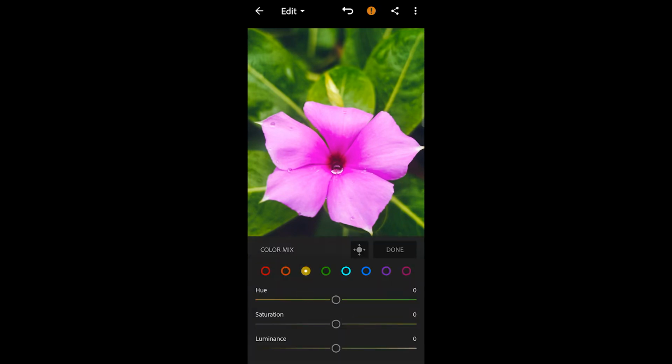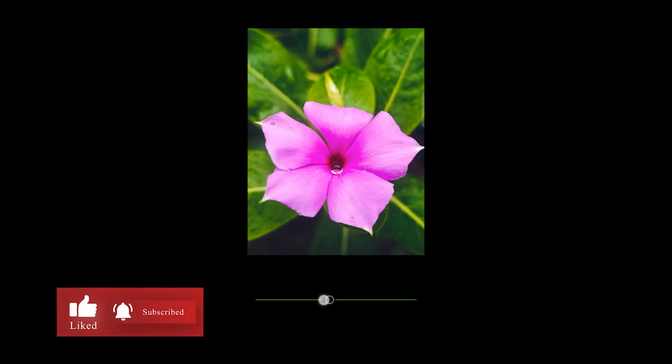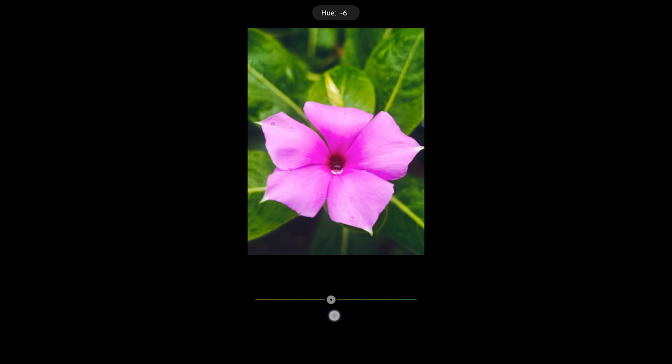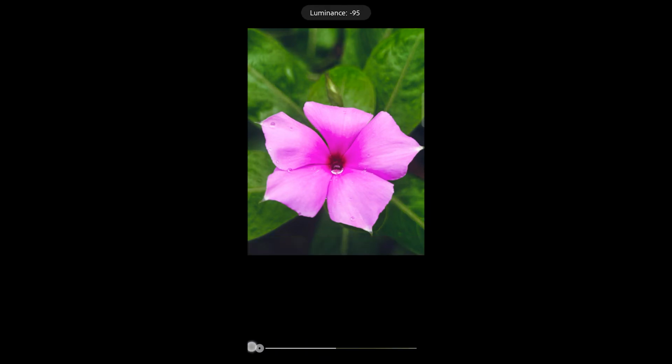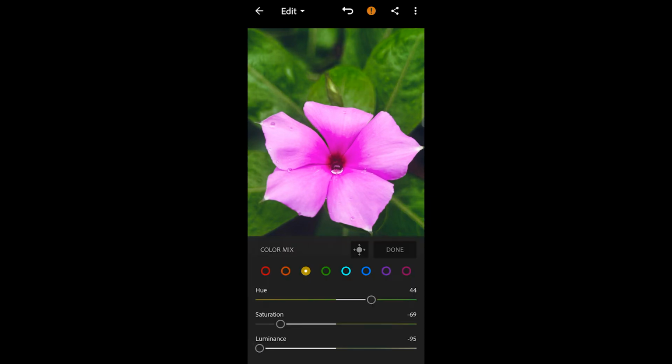Let's go with yellow. There's a lot of yellow in the background and I don't want it to get the focus, so I'm making the yellow maybe around 45, making it more green, and I'll reduce the saturation to almost -70, and I'm reducing the luminance to -100, the lowest point.